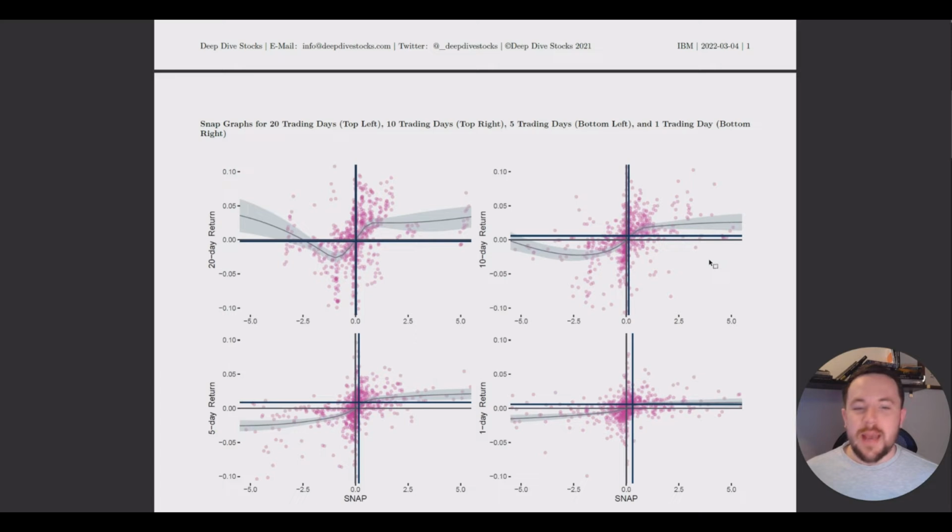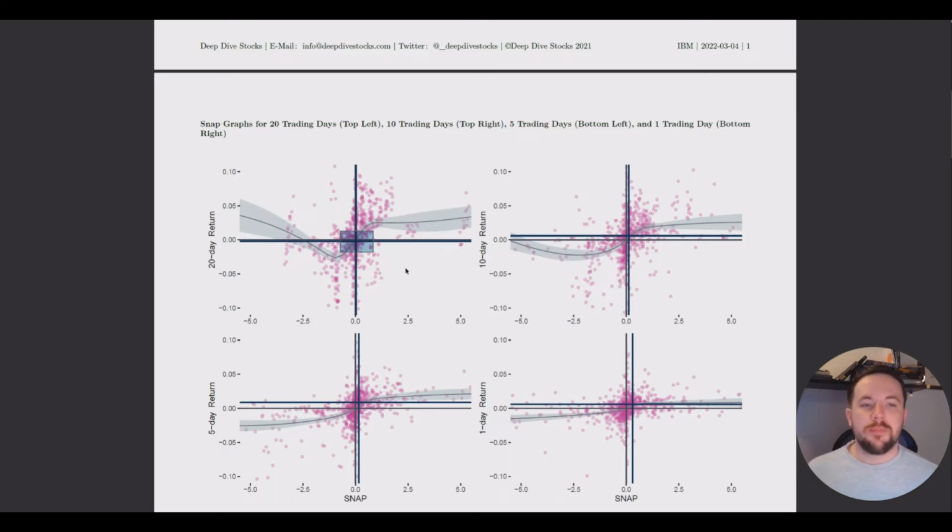And the snap graphs, they kind of offered a little bit of bullish sentiment, right? So on the 1 day, so that would be Monday, the 4, 5, 6, 7th, positive returns. For the 1 week or the 5 trading days, we have positive returns. For 10 days or 2 trading weeks, positive returns, and kind of neutral overall for the 1 month.